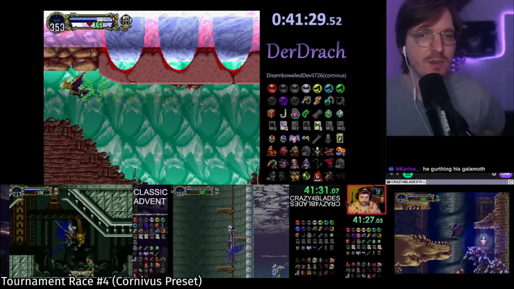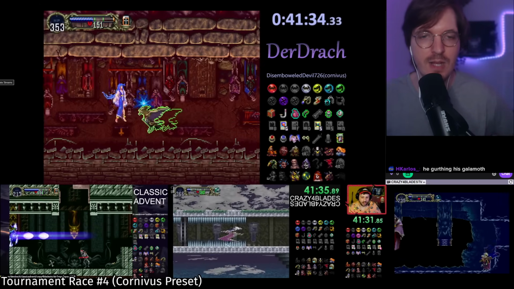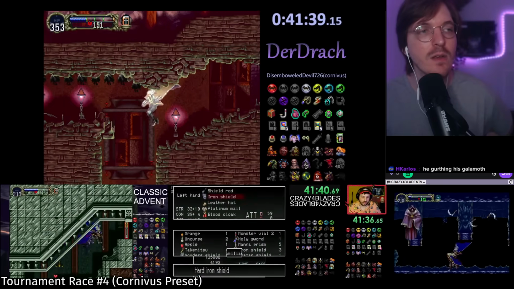Is it just clean movement? And also skipping Mermaid Statue? Is that all it takes? Granted, he does have to do All Rocks when he gets back. He has to do Hippogriff when he gets back. He has to do Lesser Demon when he gets back. But other than that...